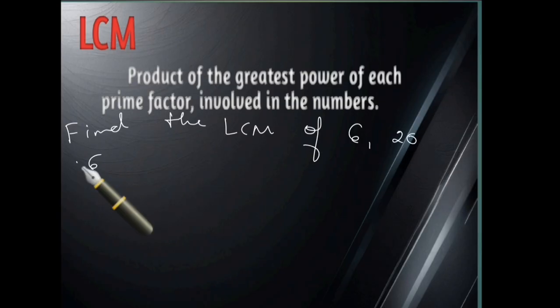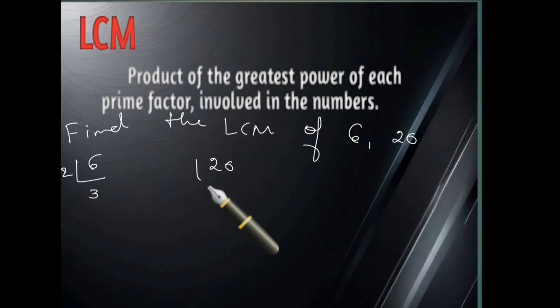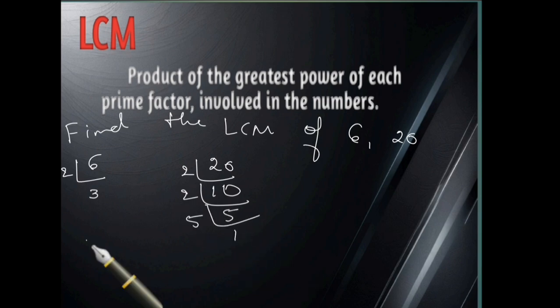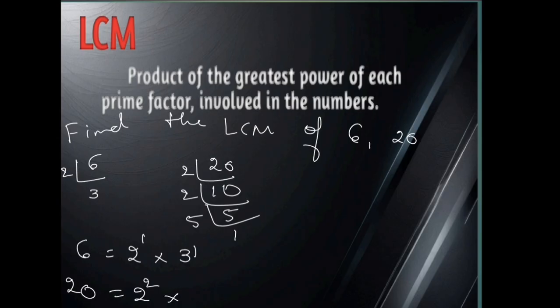The number 6 can be expressed as 2 3s are 6, and 20 can be expressed as 2 10s are 20, 2 5s are 10, and 5 1s are 5. So 6 can be written as 2 power 1 into 3 power 1. Again 20 can be written as 2 power 2 and 5 power 1. In the statement of LCM, if we want to write the LCM of 6 comma 20, we can write